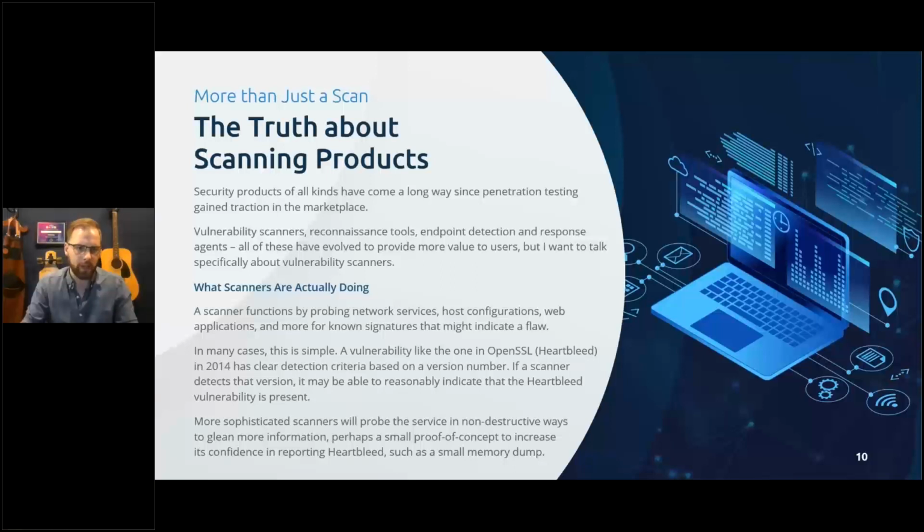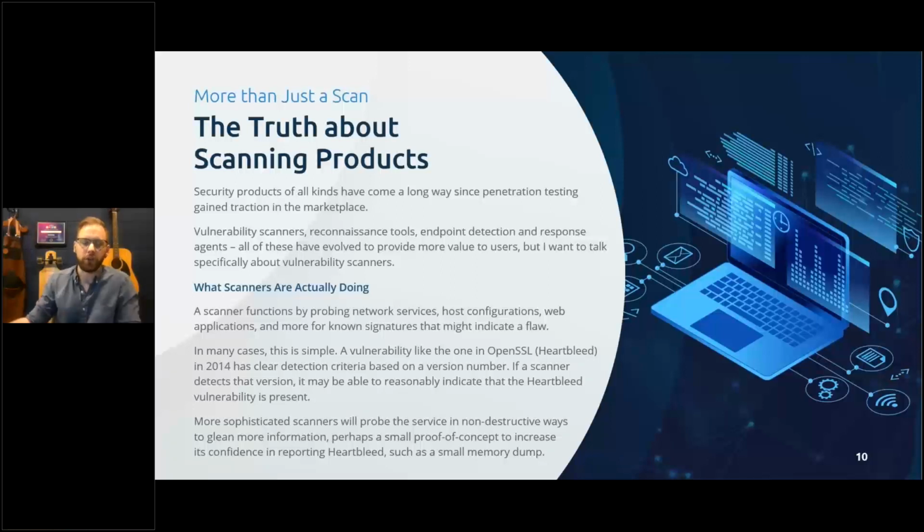Some of the people in this webinar might remember Heartbleed back from 2014. There's a pretty clear detection criterion for Heartbleed. If that version of SSL exists, then it can probably be convinced into leaking memory, which is exactly what Heartbleed was. And people got private keys, passwords, all sorts of confidential information just using Heartbleed. Heartbleed has CVEs attached to it, common vulnerability exposure numbers. So detecting Heartbleed is very easy, but